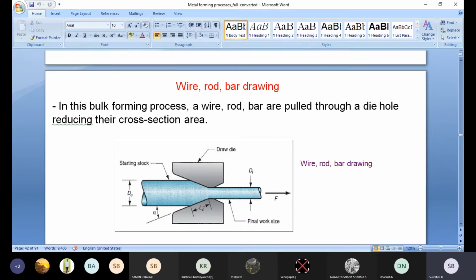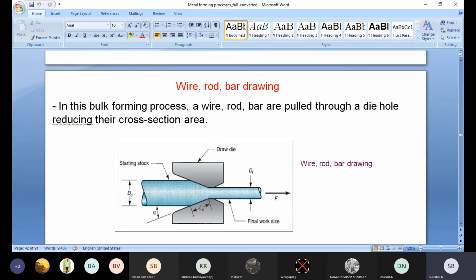Dies can be designed or manufactured based on two parameters. The first one is the die angle, or taper angle. The second one is the orifice shape. We also discussed the different defects of the extrusion process. When manufacturing by extrusion, some defective components are produced. What is the main reason for those defects?